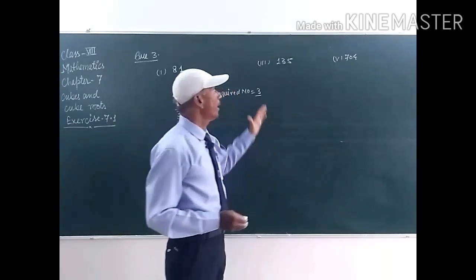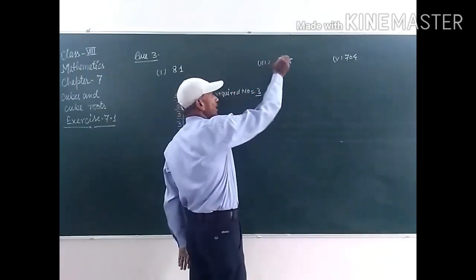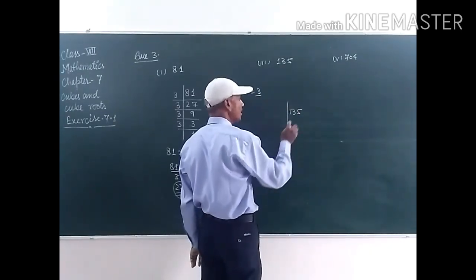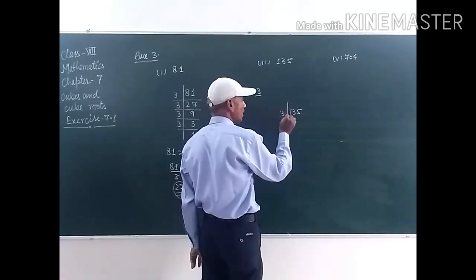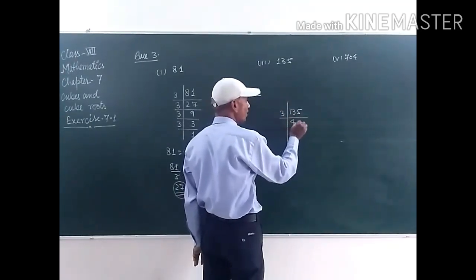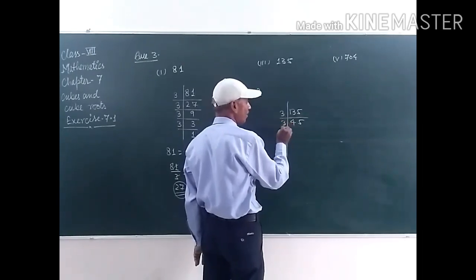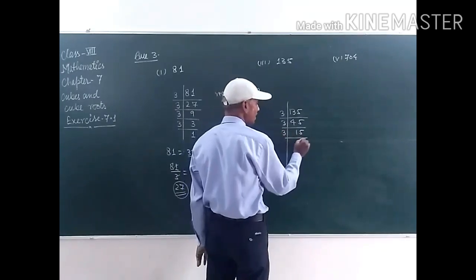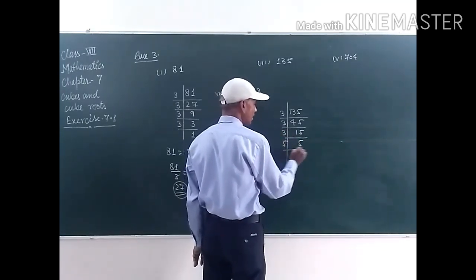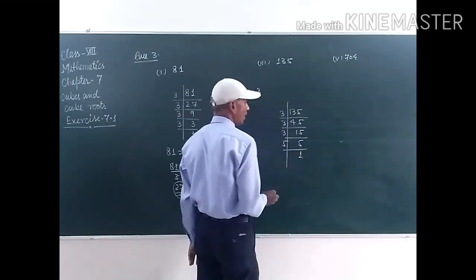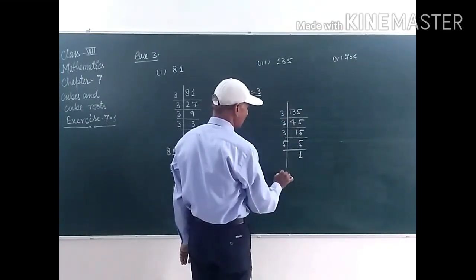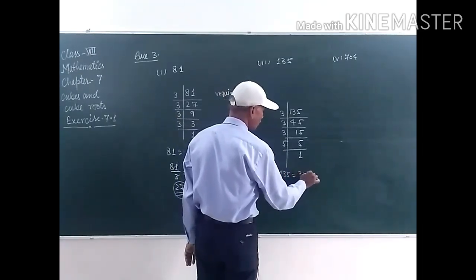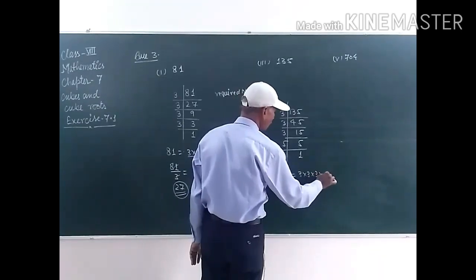that is 3. Now, we have to take the third part, this one, student, 135. Find the prime factors. 5 3s are 15, so it is divisible by 3. 3 4s are 12, 3 5s are 15, again by 3, this one 15, again by 5, and this 5. So, it is 1. So, prime factors of 135 is equal to 3 into 3 into 3 into 5.